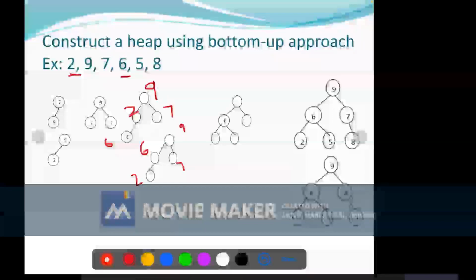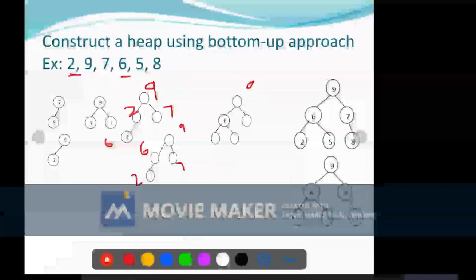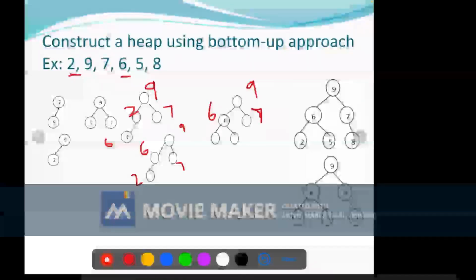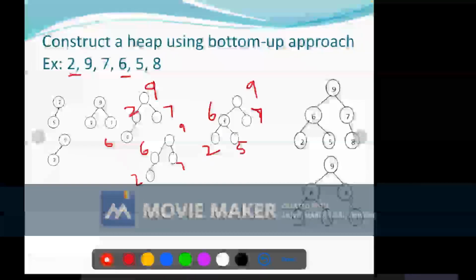So next you can add the next element. So it is 9, 6, 7 and 2, and the next element you are going to add is 5. So after adding 5, again you can check whether the parental dominance is satisfied or not. You can compare that 5 against its parent value 6. Yes, it is satisfied. Then only you have to consider the last element, 8, which is added as a child